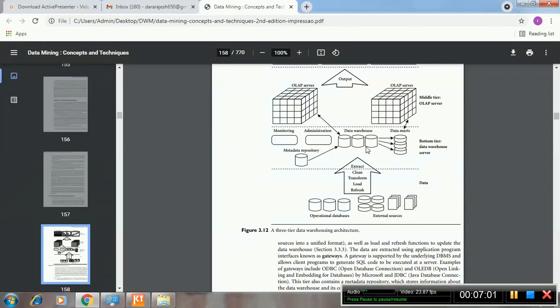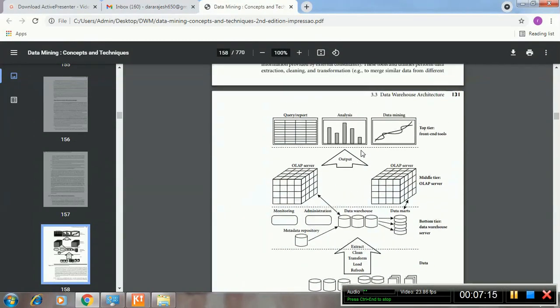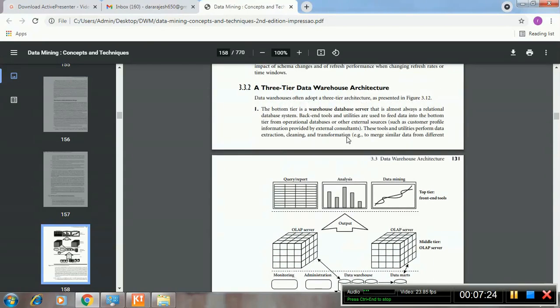For all this, two functions are maintained: monitoring and administration. From this, the data is stored in the form of OLAP servers, online analytical processing servers, and from these servers we extract the data using front end tools. So this is the overview of the three-tier data warehouse architecture.